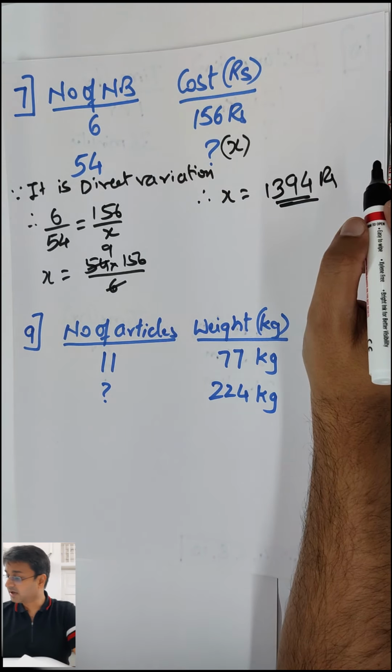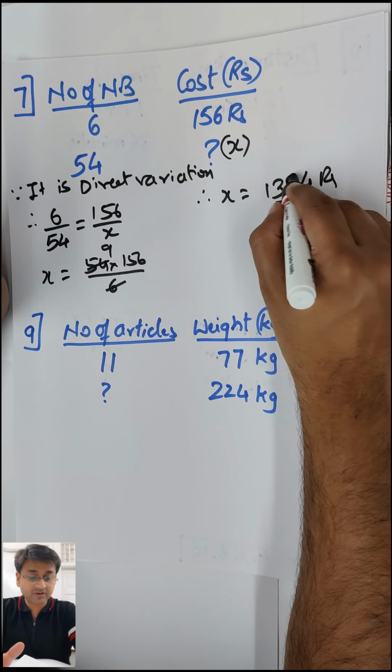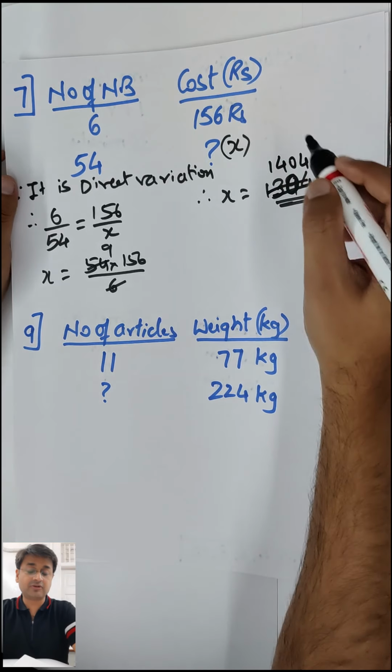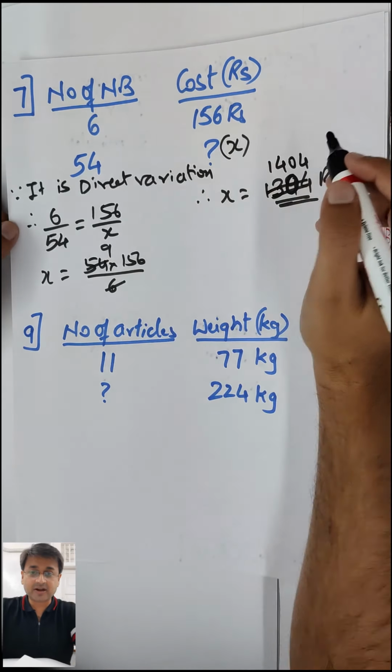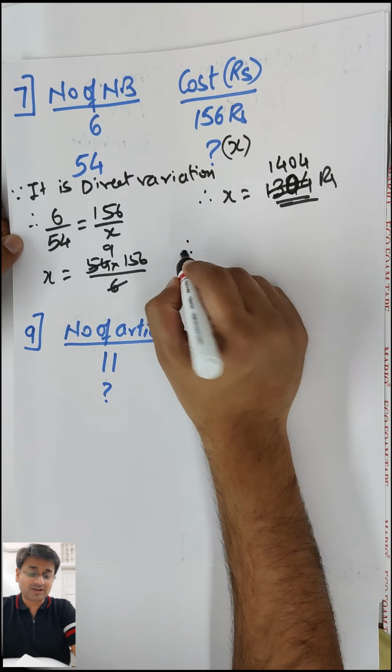Let me just check. Sum number 7, 1404. Okay, I've got 10 rupees less. 9 6s are 54, 5, 9 5s are 45. So 50, 9 1s are 9. So my bad. 1404. I am sorry. The next sum I do it incorrect and I will stop teaching. I am joking. Alright, so therefore